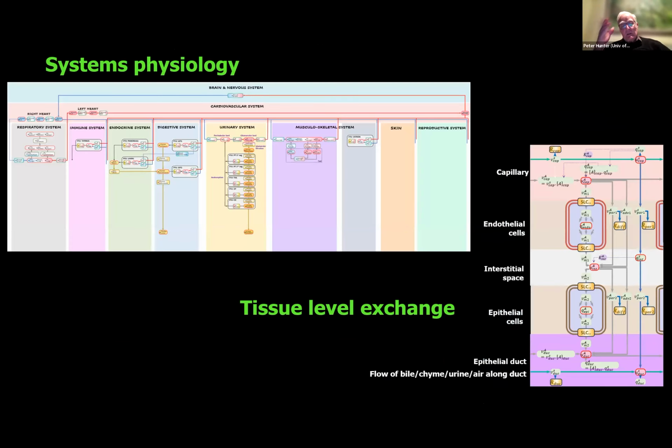And so that means we've got to think a lot about systems physiology, homeostasis at the whole body level, where bond graphs can deal with systems that are distributed across the body, and then link them down to tissue level exchange, where we've got to be able to deal with individual proteins within functional cell units and link them to exchange processes for linking into whole body physiology.